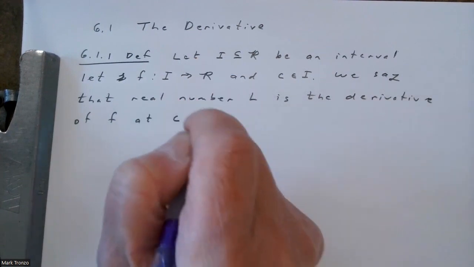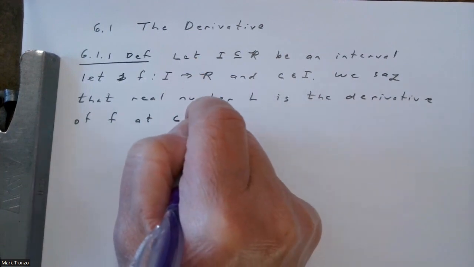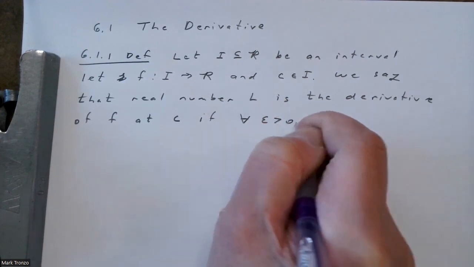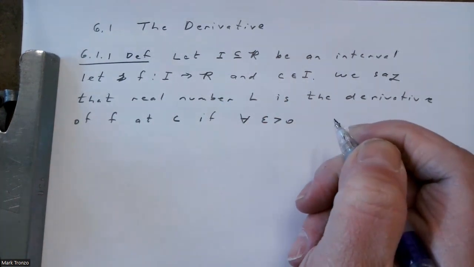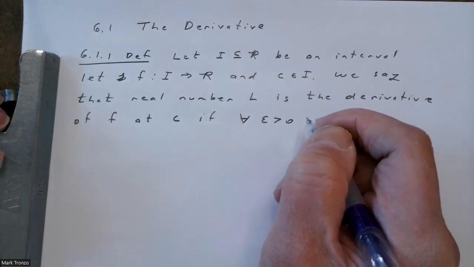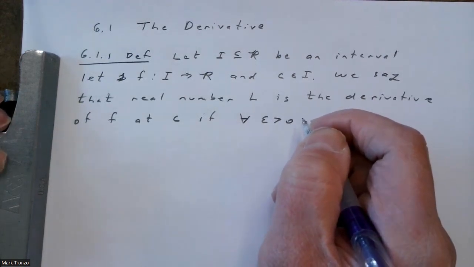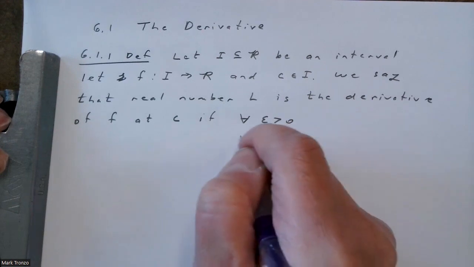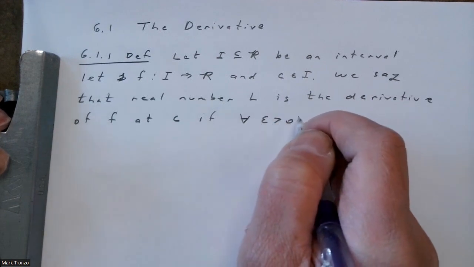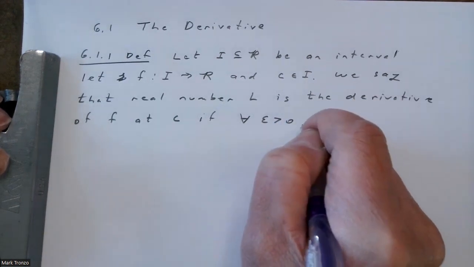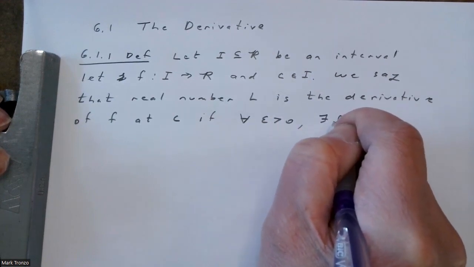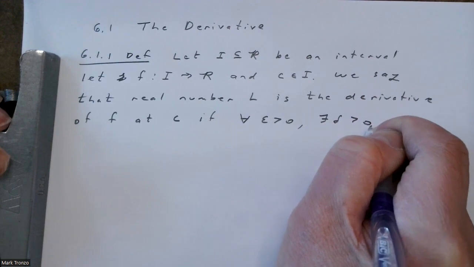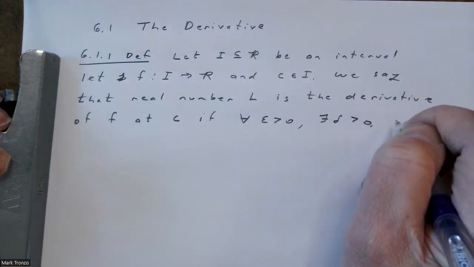Be sure I just don't miss anything. If for all epsilon greater than 0. The way I had it written before, it says given any epsilon, but probably it's better to say for all epsilon. They sometimes will say given any epsilon, but we have pretty much been always saying for all epsilon, there exists a delta greater than 0 such that